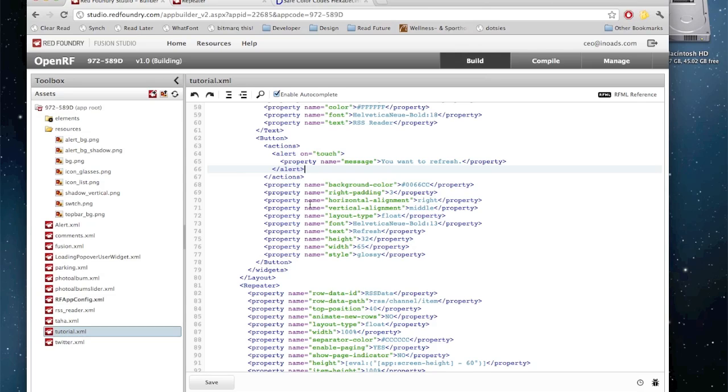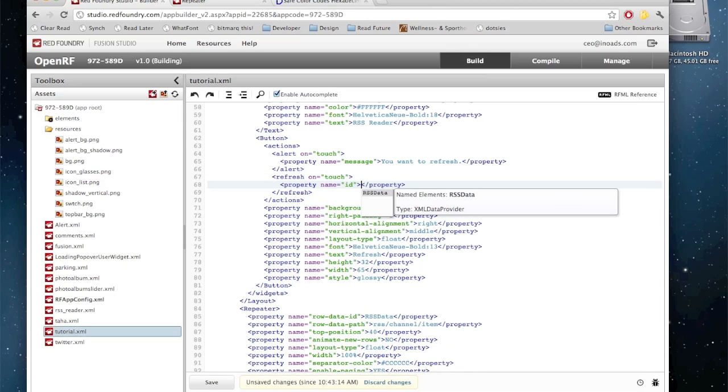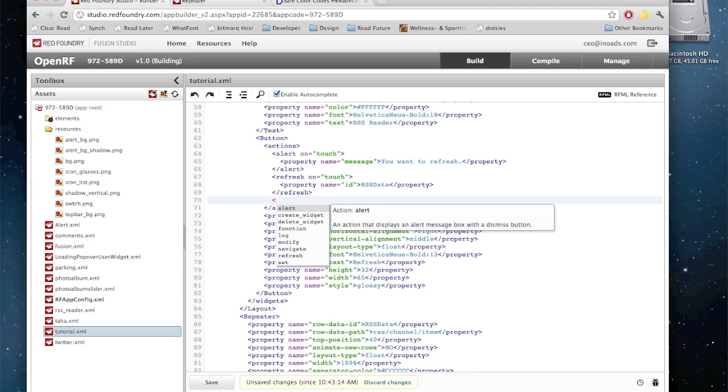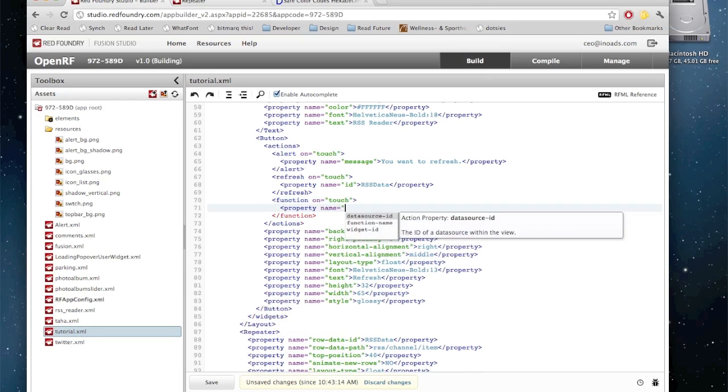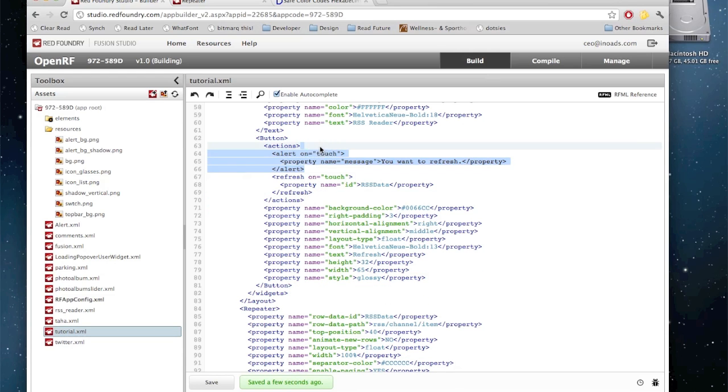The data provider wants its touch down here, so we'll add an action, refresh on touch, and it will already show you, the autocomplete one, if you've got autocomplete enabled, the XML data provider here that can be refreshed. So this is actually very useful, so you don't have to jump around inside the code. We'll also be adding a function on touch, and first of all, let's delete this,